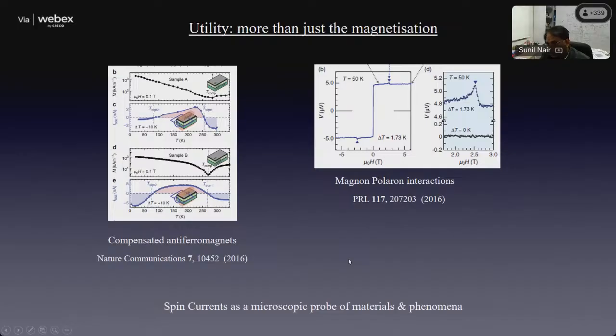So not just that, and that is from the application point of view. From the pure physics point of view, there are lots and lots of interesting things which happen here. For instance, here is an example from exactly a decade back now, which shows how a magnon interacts with a polaron. So these are different quasi-particles in solids. When they start interacting with each other, you can actually get signatures of it in the way your spin currents behave. So the spin currents can themselves be a microscopic probe of both quantum materials and different quantum mechanical phenomena. And that is the takeaway message here.